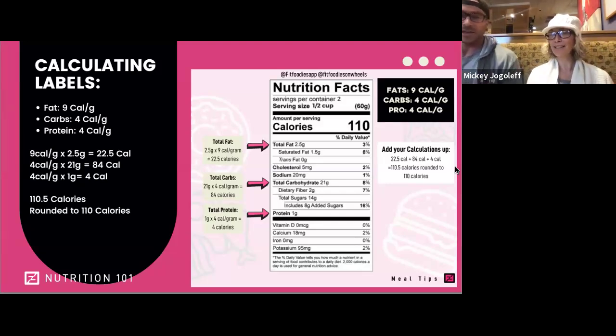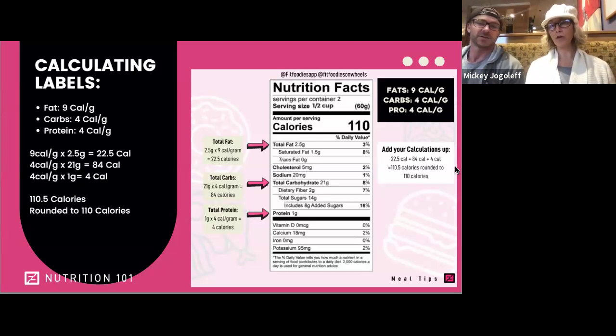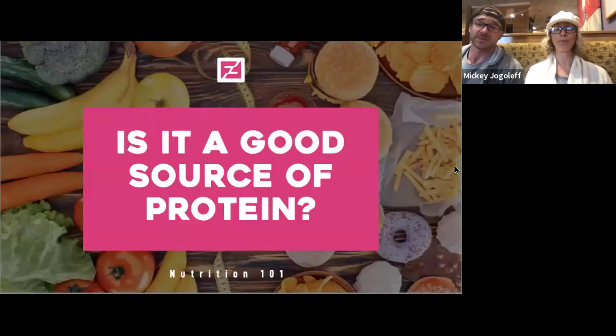We're not trying to scare you that they're all messed up, but there will be some sneaky ones out there. We'll show you how you can determine which ones those are and how to spot them. A lot of times it's the things that are advertised as diet, low calorie, low fat, all these things that make it sound fantastic. Those are the ones you've got to double